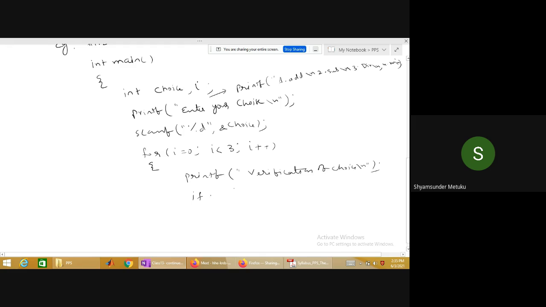If choice double equal to 1, then I have to perform addition, right? Maybe some printf. I'm not exactly doing it, just trying to print, printf addition logic. You should write it here.